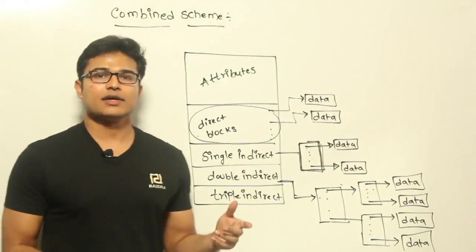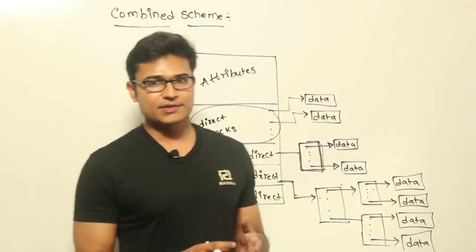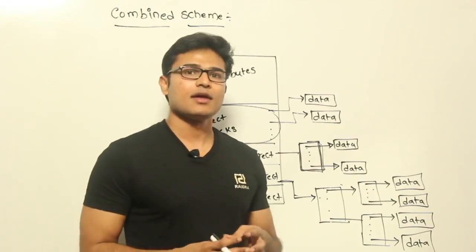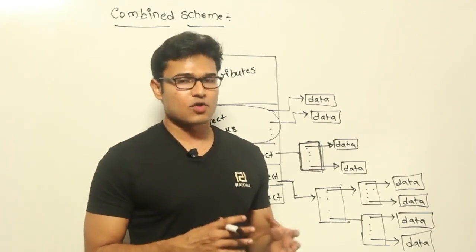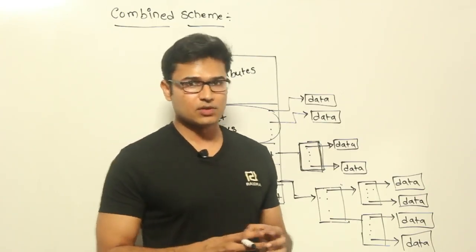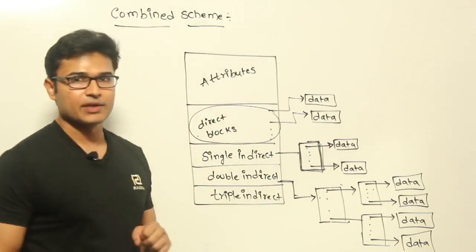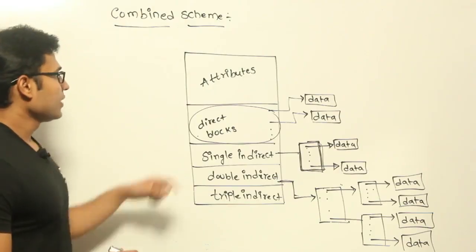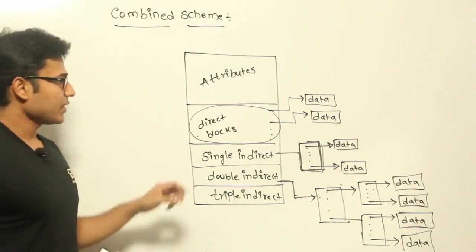Now in the previous video we have seen the linked list implementation as well as the multi-level indexing implementation. Now in Unix we are going to use a combination, which means by combining these two schemes the Unix inode is implemented this way. So in the Unix inode, if you look at it, attributes are going to be present, and then in the